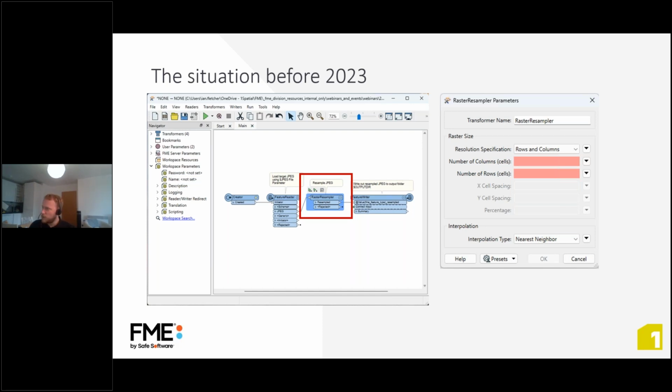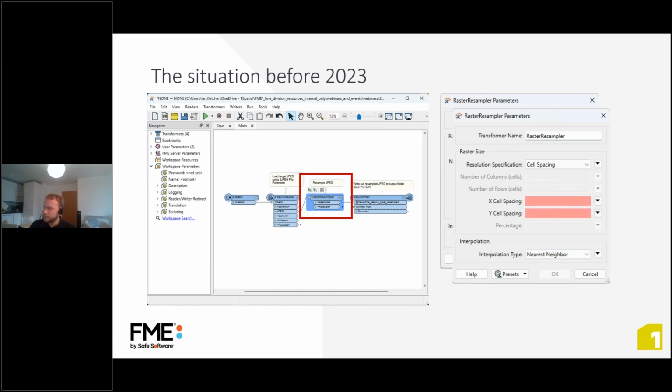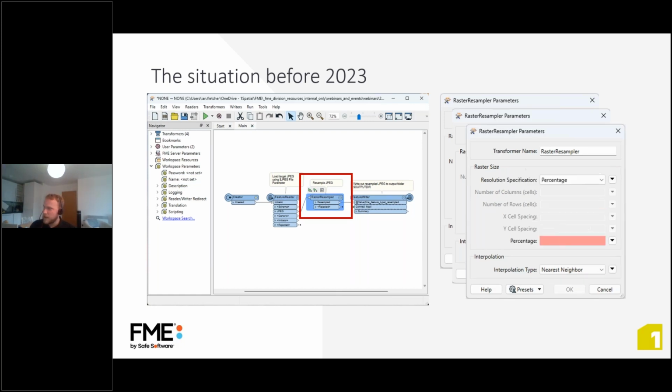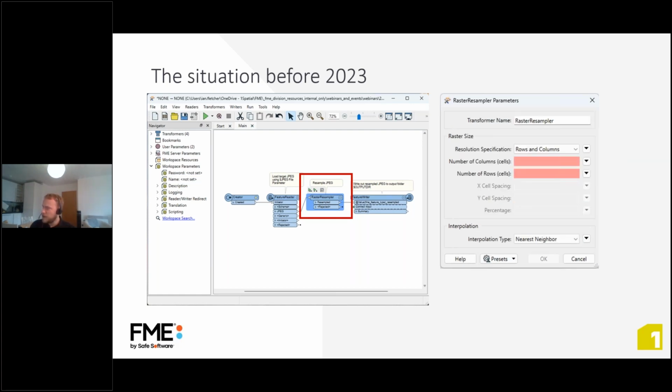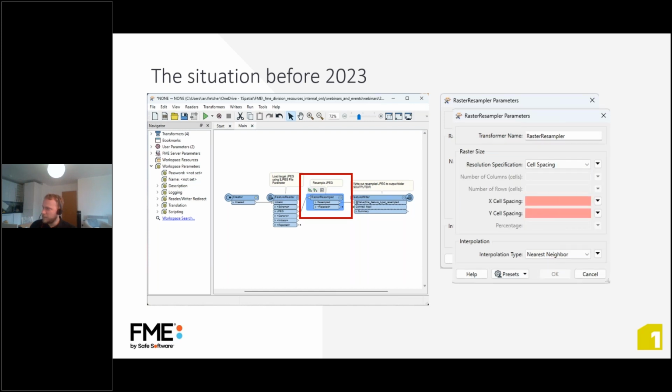So we have the rows and columns specification. Here you need to specify a number of rows and a number of columns for your output raster. You have the cell spacing option. This chooses a metric distance for each cell to represent. And again, you need an X spacing and a Y spacing. And we have the percentage method, which will just scale the entire input raster by a certain fraction. And you can see, depending on which option you choose, different parameters are enabled or disabled